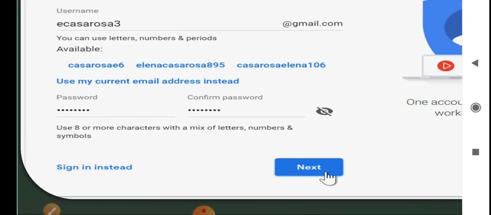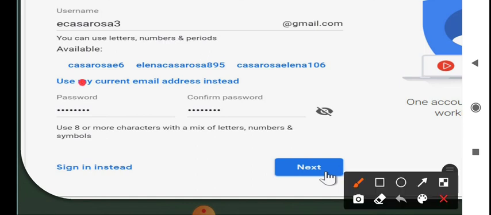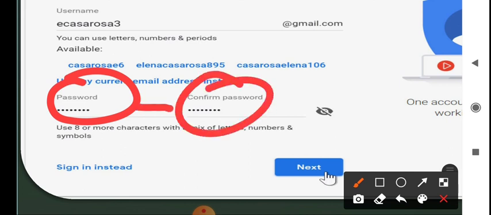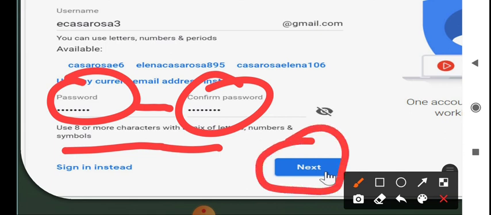Your password should be a strong password. वीक पासवर्ड मीन्स अगर आप ऐसे ही छोटा मोटा पासवर्ड देंगे तो एक्सेप्ट नहीं करेगा. सो योर पासवर्ड शुड बी लाइक दैट यू शुड ऑल्सो बी अवेयर ऑफ दैट एनी टाइम. You should not forget it. So you have to give the password here. Confirm password means you have to write the same password again. Your password should be 8 or more characters. Then you have to press the next button.